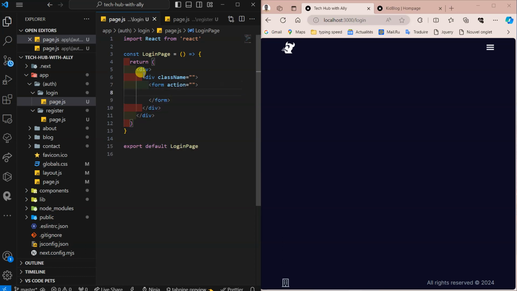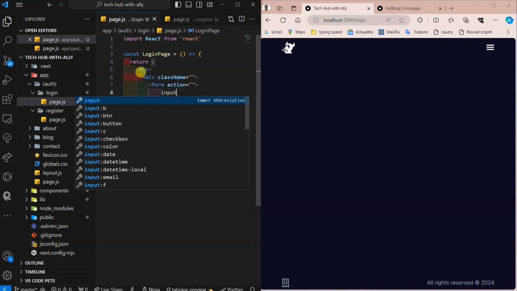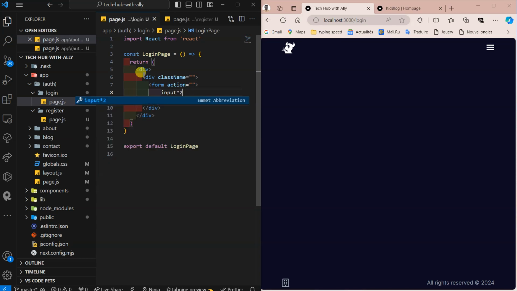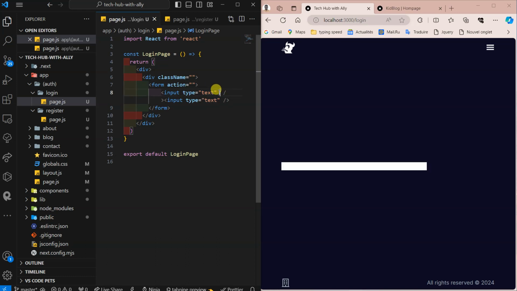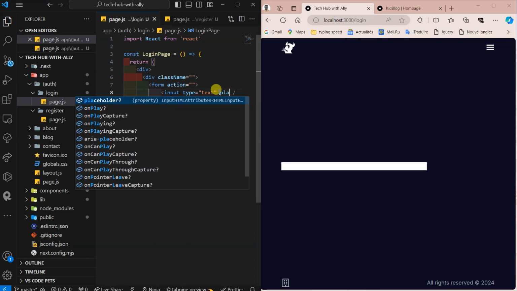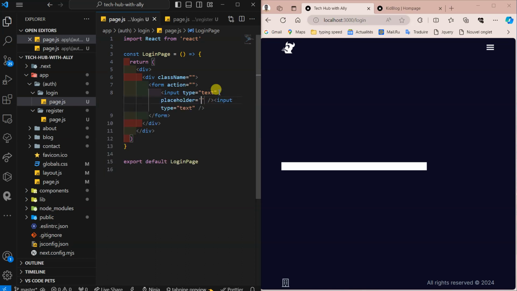Inside this form, I will have two inputs. When I press like this, it will create two. So the first input is going to be for username or email. Username is the best. Let's say here it will have a placeholder. Let's say user login. Let's say username, and then the next here, the placeholder here will be password,